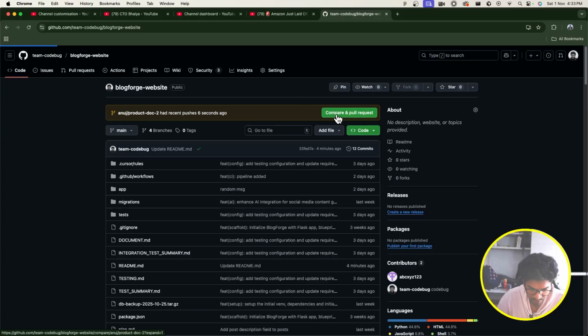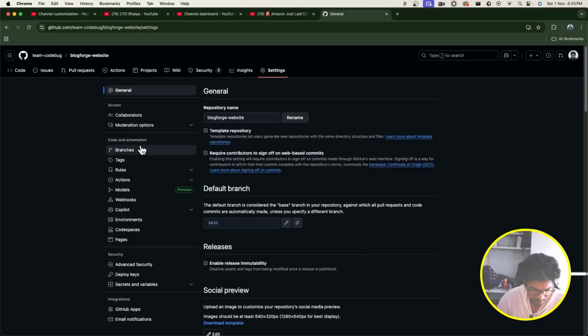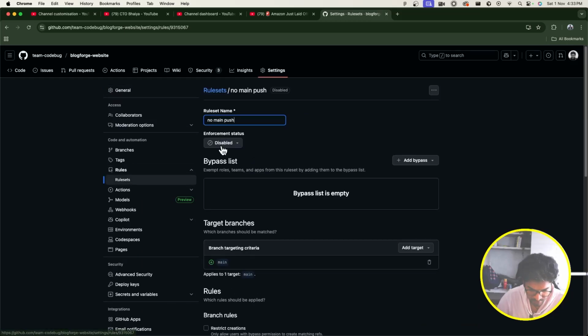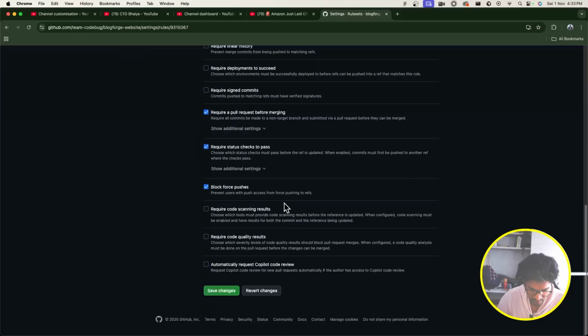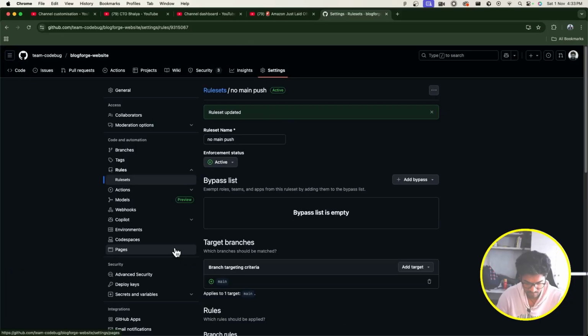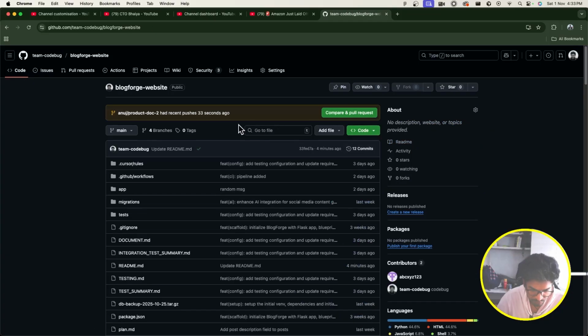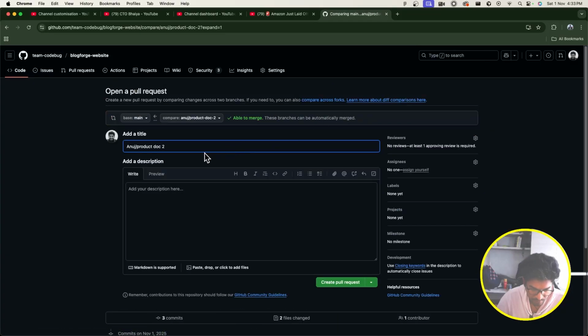right? This is my branch, and make sure to activate your rule set as well, which was in settings, rule set, and this was disabled. We can activate again, and we have to save the changes. It will again ask my code, or it is directly updated. So this is fine. So we can go to pull request. No pull request open. Yeah, we can open the pull request against main. We'll say product doc, right? So we'll say create pull request,